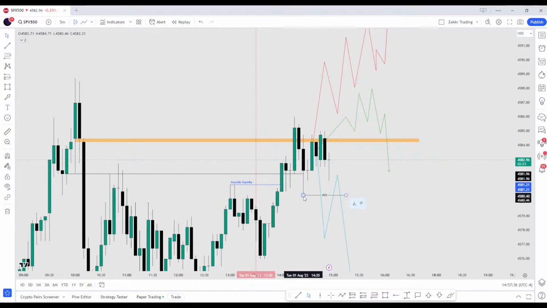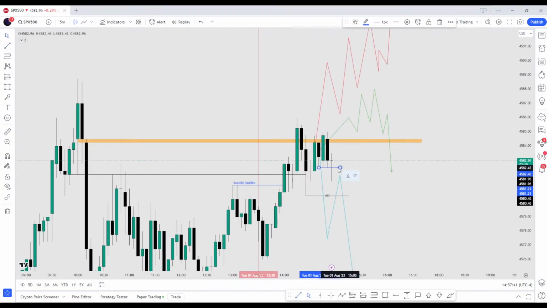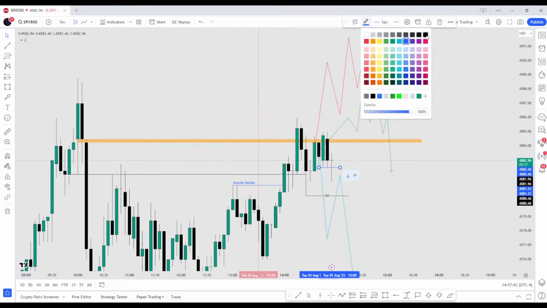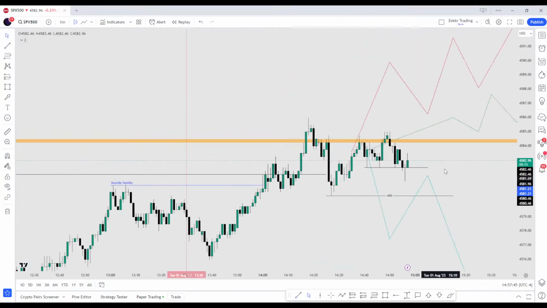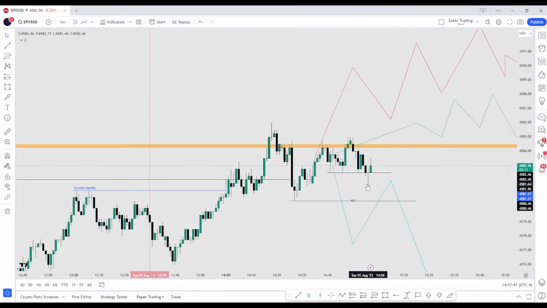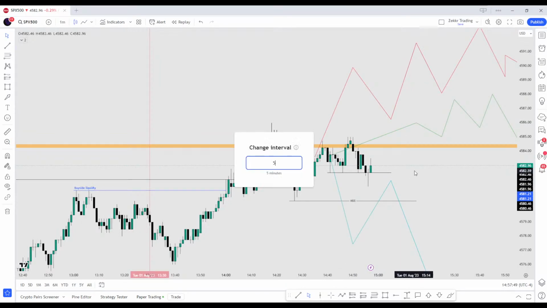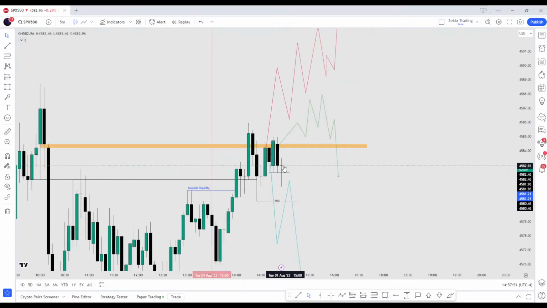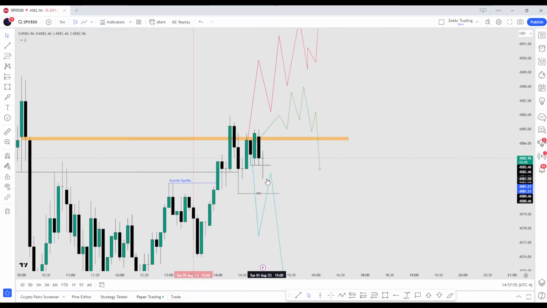Actually, I can. This could be a market structure shift, but this could also be the market structure shift. You may not see it, but it's visible in the 1 minute. The structure has been broken. You have the fair value gap, but that's not where I enter. Once the candle closes, I'll see. Until then, there's no entry for me right now. But yes, I'm waiting for price to drop below the low, form a fair value gap on the 5-minute that is confirmed on the 3-minute,